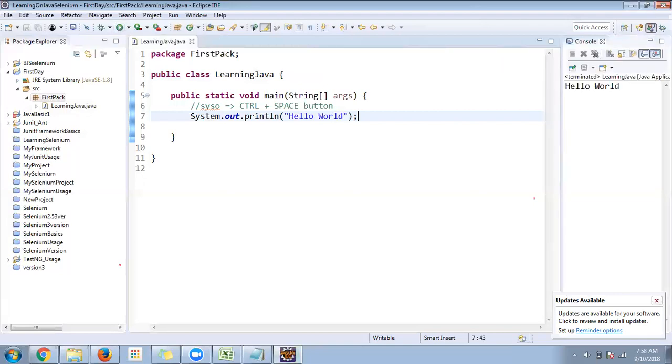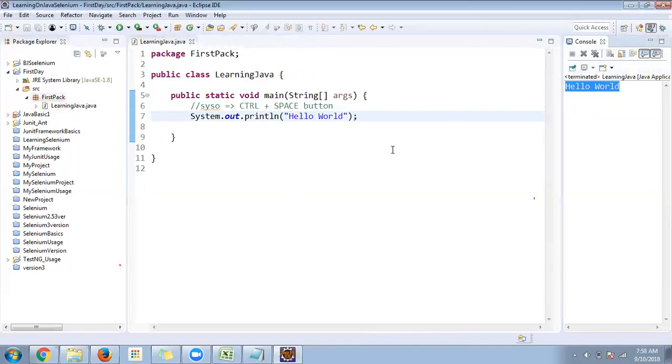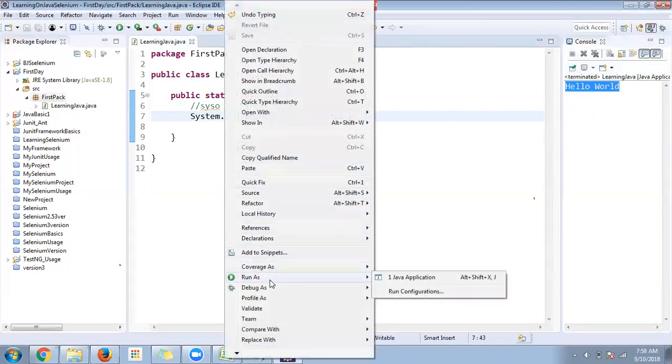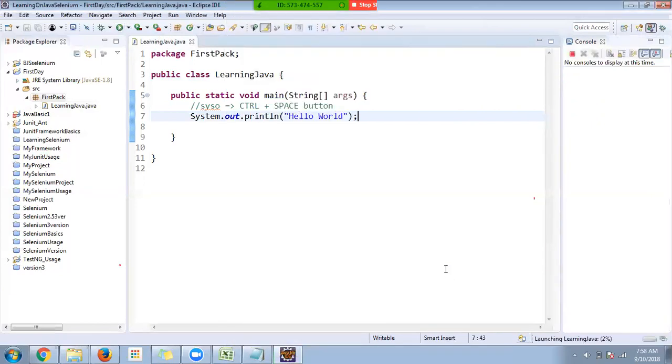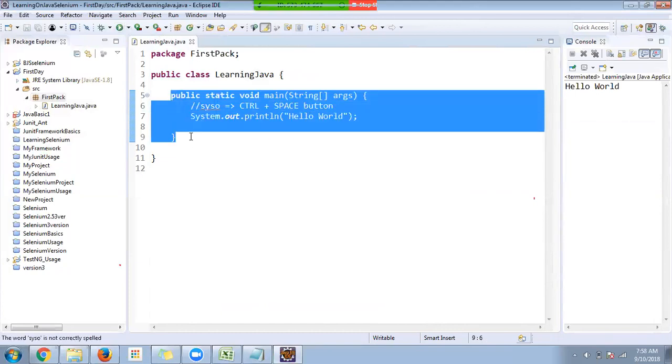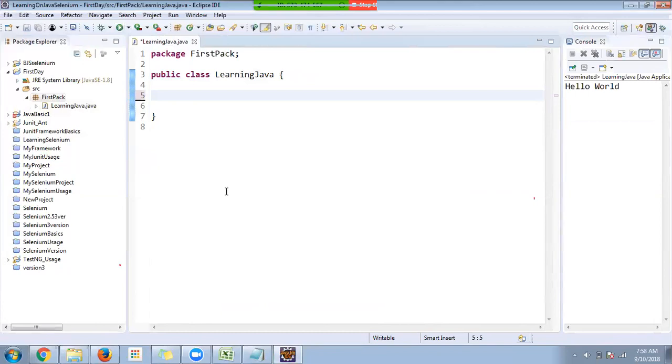So now it will give me hello world. It's printed. Otherwise, the other option is right click, run as Java application. Clear? So the same thing in case I don't have this main function, see, I don't have this main